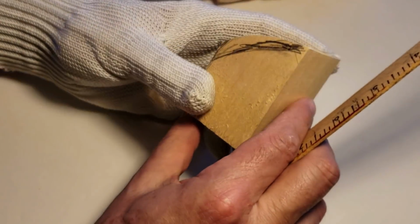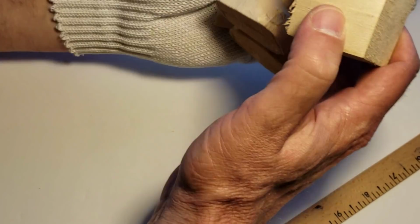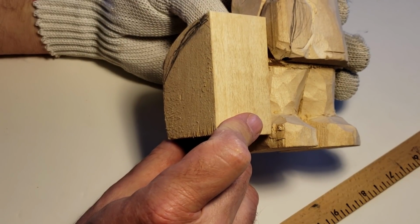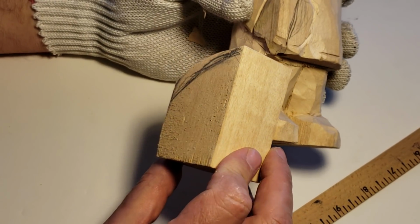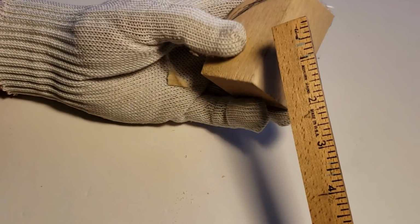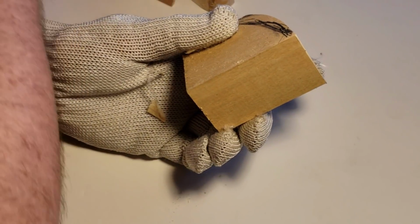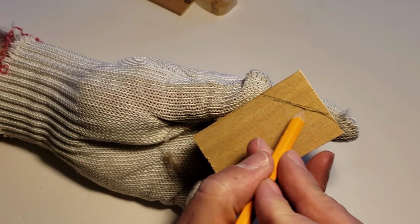Same with this hunk of wood. Got it out of the scrap pile. I wanted to make sure I knew what I was doing before, and it's going to be a little bit bigger right now. It's quite a bit bigger. I mean, we don't want to have it up in the air like this. Well, you probably could. And so any size piece. This particular piece I got is 1.5, and it's going to be a little less than 3-ish, about 2-ish. And what's going to happen is you want to take this much off,